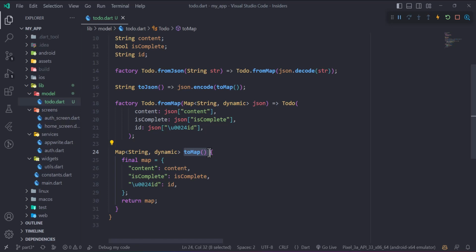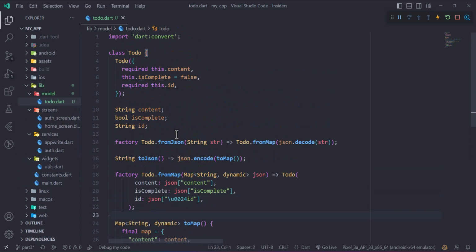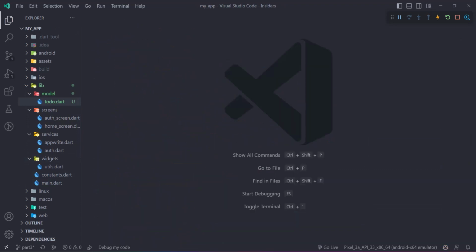Now, for the state management for this project, we won't be using any state management library like Provider, Riverpod, Bloc, or GetX, or any such kind of library, just to keep things simple. And this tutorial is focused towards someone who is a beginner towards Flutter and Appwrite. I won't be using any state management library. So, well, that said, we have created a to-do model class, and the next thing is